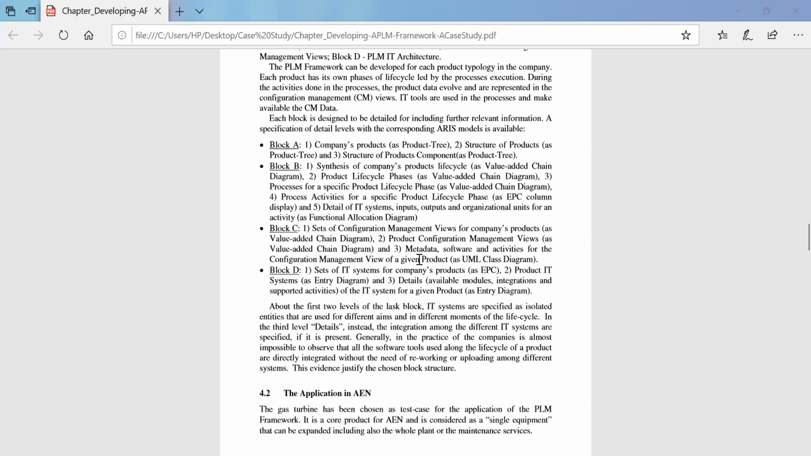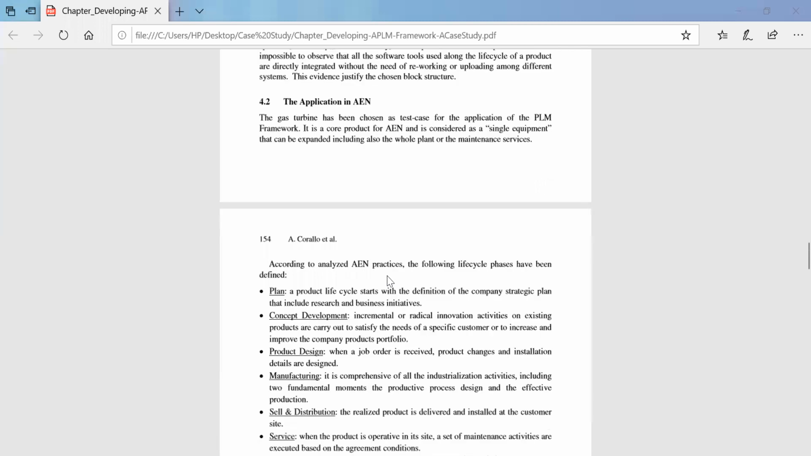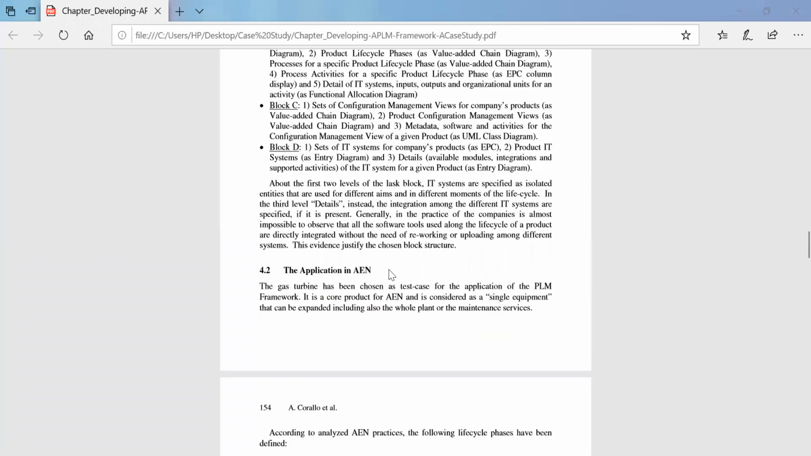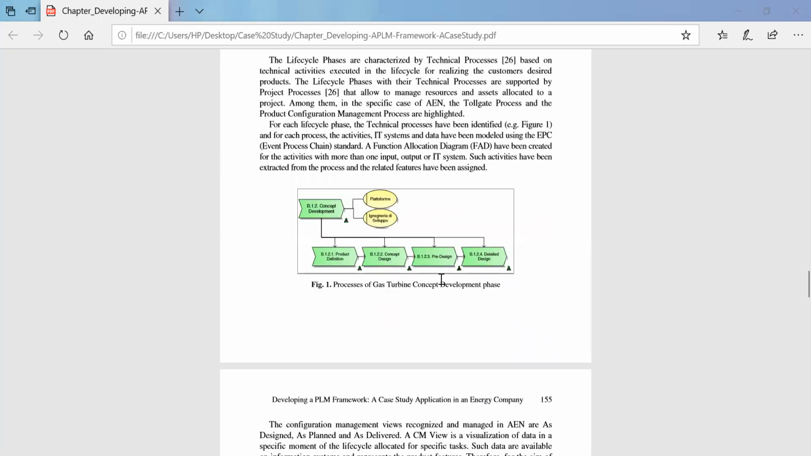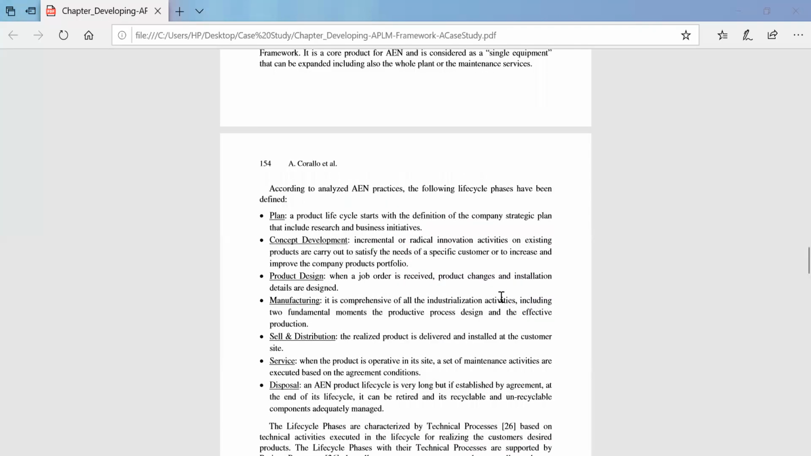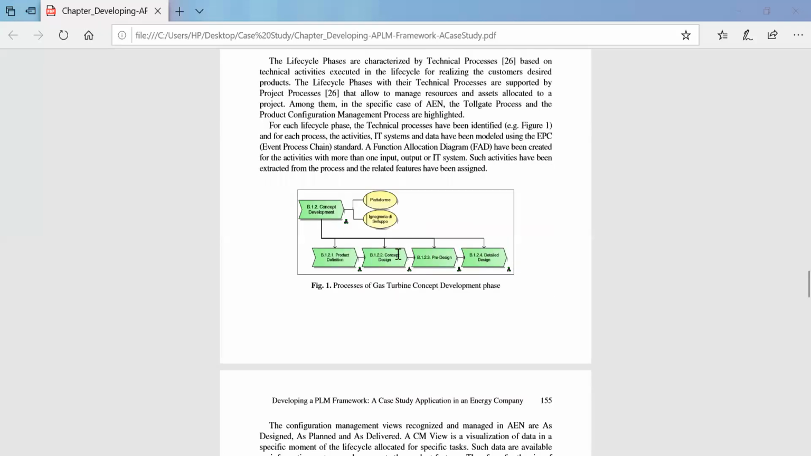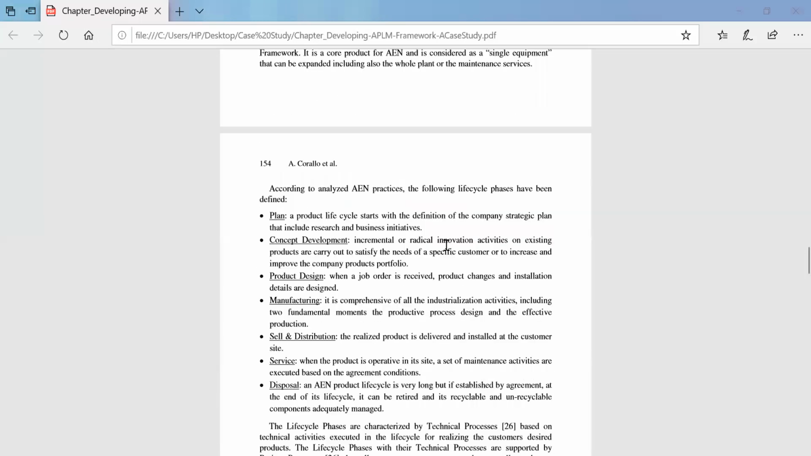Okay, so once this framework has been done, they focus on the application of how it was applied to the AEN company for the process of gas turbine concept. Since it is a gas turbine power plant of AEN company, which focuses on energy generation, they had different categories like product definition, concept design, pre-design, detailed design, and all those things. So how did they